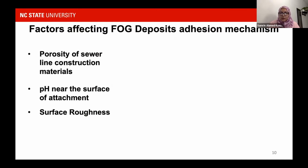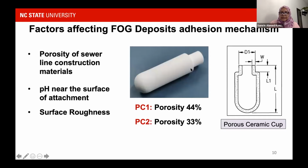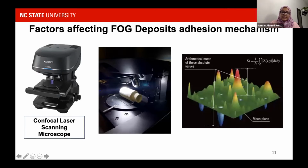And to study all of these factors separately, we are using porous ceramic cups. This porous ceramic cup is helpful because we can fill this porous ceramic reservoir with different pore solutions to mimic different pH conditions. And finally, we measured the surface roughness properties using a confocal laser scanning microscope that can give us different surface roughness